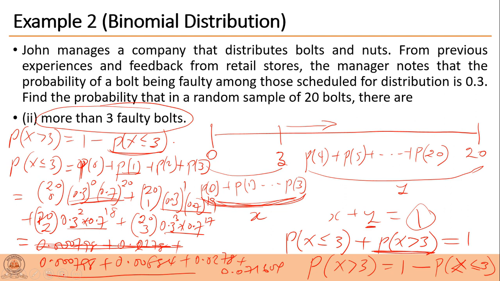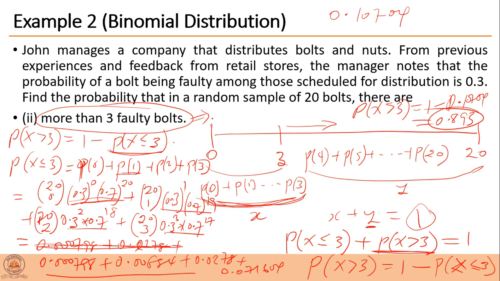So if we sum all these, let me go to the top here. So we sum all that, we expect to get 0.10704. Okay, but then we are looking for probability of x greater than 3, which is 1 minus that figure, 0.10704. This will give us 0.893. Okay, so this is the probability of getting more than 3 to be faulty, about